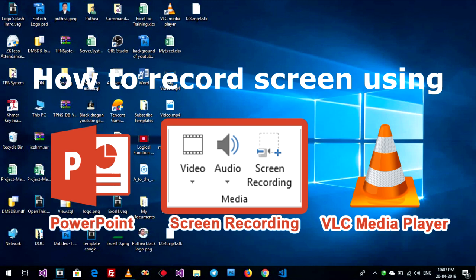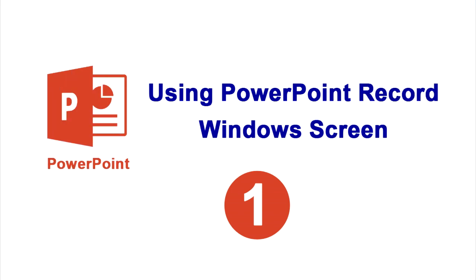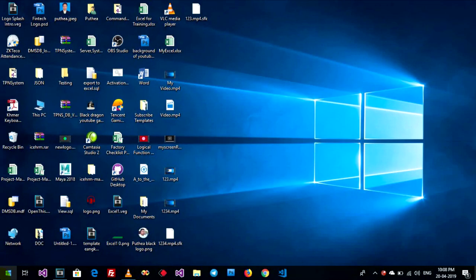Today I will show you how to record the Windows screen using Microsoft PowerPoint and VLC media player. Number one, I use PowerPoint to record the Windows screen. Now just open PowerPoint